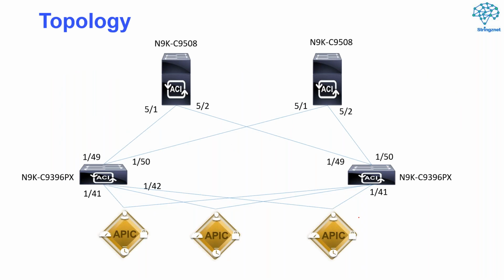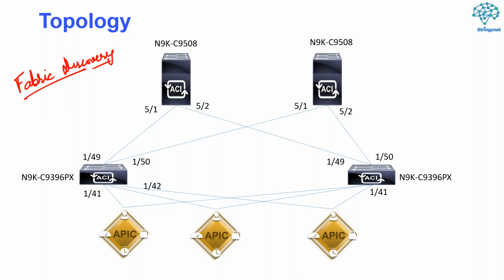And the lab, one of our very small labs which we will be working upon, is going to be this kind of lab. The lab on fabric discovery. In the very first lab, we are going to have 2 spine switches, 2 leaf switches, and 3 controllers. Dear friends, let me tell you the name of the lab. The name of the very first lab will be the fabric discovery.